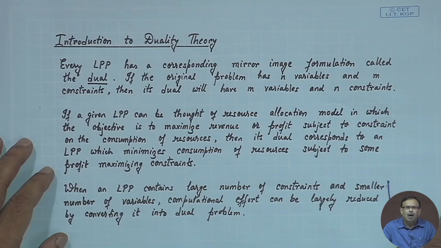So, our aim is, if I have fewer constraints, then I can get my solution quickly, or computationally it will take much less time. That is one of the basic reasons for converting an original LPP into its dual form, then finding the solution of the dual problem, and then again finding the solution of the original problem from